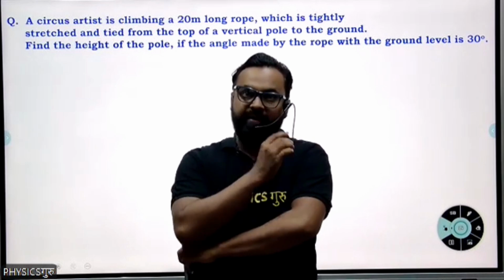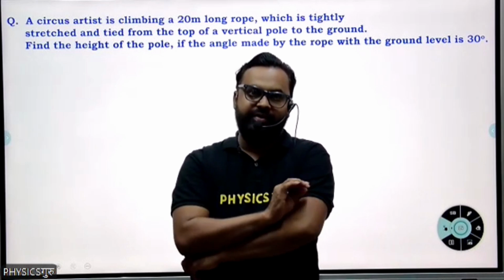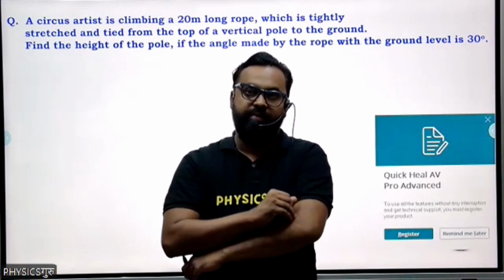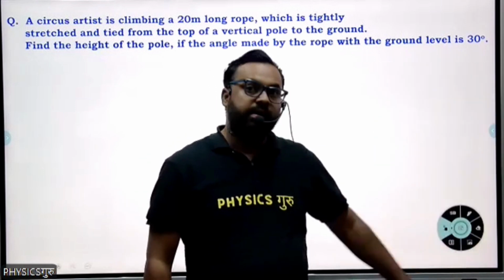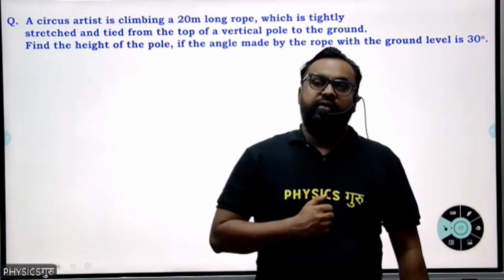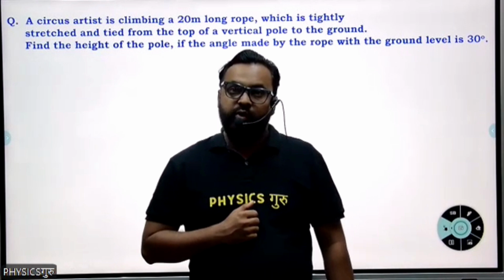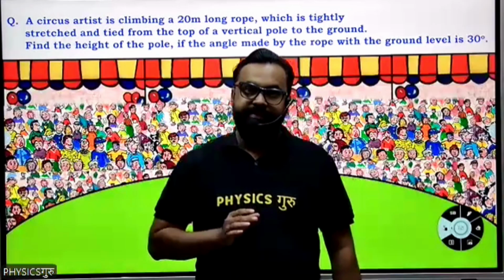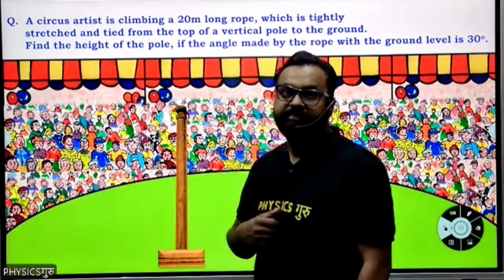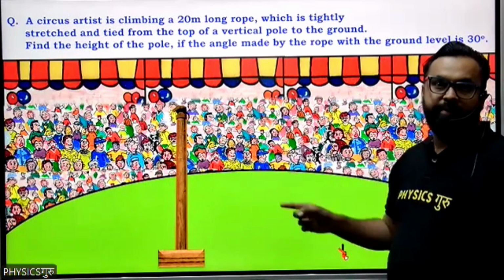A circus artist is climbing a 20-meter long rope, which is tightly stretched and tied from the top of a vertical pole to the ground. Find the height of the pole if the angle made by the rope with the ground level is 30 degrees, right? So let's visualize. So we have a pole